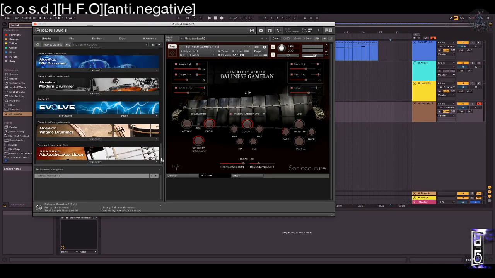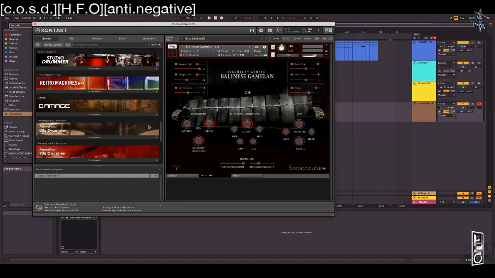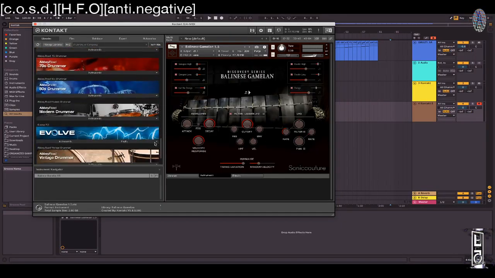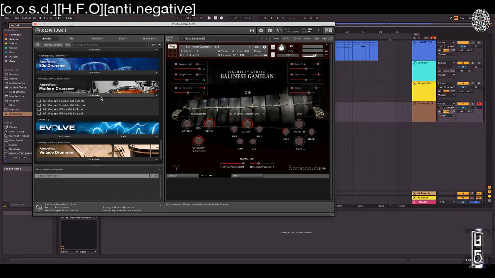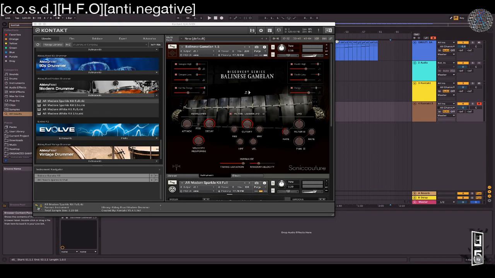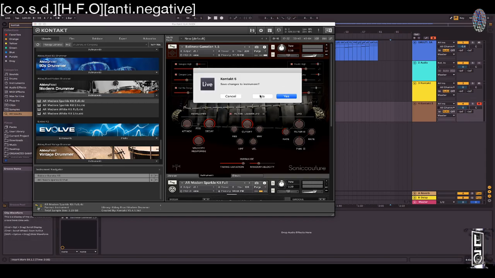But I actually want to load up one of these drummers. Okay, let's see, Studio Drummer. Modern Drummer's good. Okay, so I'm going to load up the full. So the full has all the different velocity layers and all that stuff. And